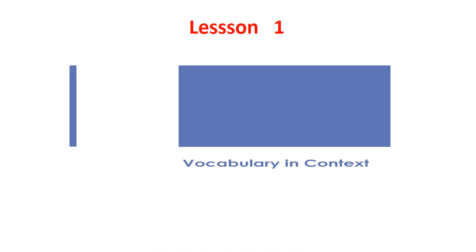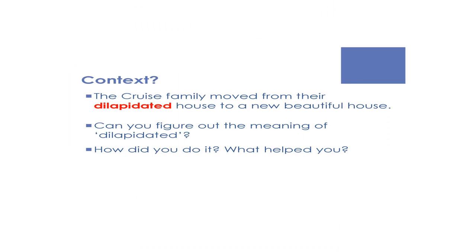Okay guys, so what's vocabulary in context? Here we have an example. The Cruz family moved from their dilapidated house to a new beautiful house. Can you figure out the meaning of dilapidated? How did you do it? What helped you? I have here a kind of comparison, right? Between the new beautiful house and the dilapidated house. So the word dilapidated means